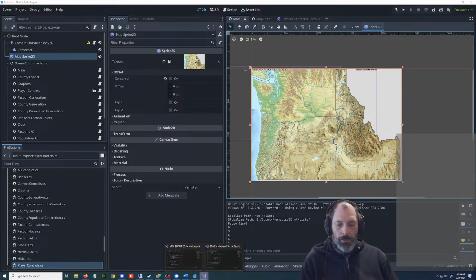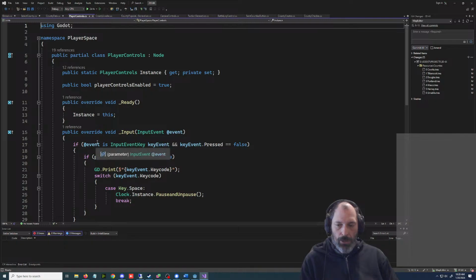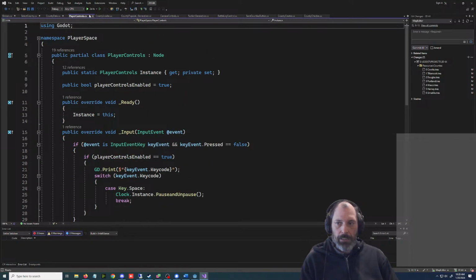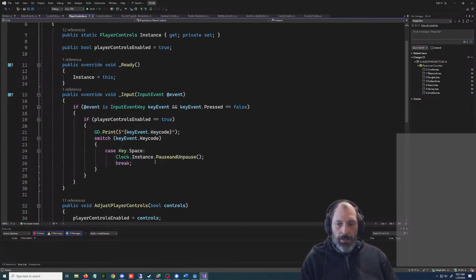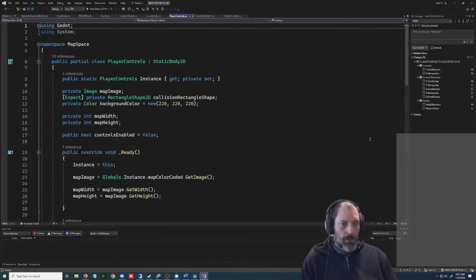So if we look at our code, the code that I stole, it's not stealing. He knows I'm doing it. We have our old, this is our player controls. Is this pinned? Let's pin this today because we're going to be working with this. This shouldn't be that hard. In my brain, it says it shouldn't be that hard, but it's going to be probably a nightmare. Currently, the only thing that our player can control is the mouse, and in the controls, though, is pause and unpause. That's all it does. So we need to bring over this other code,